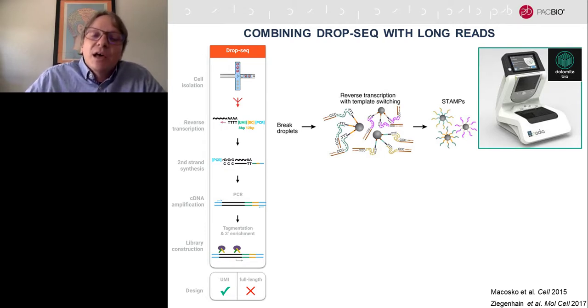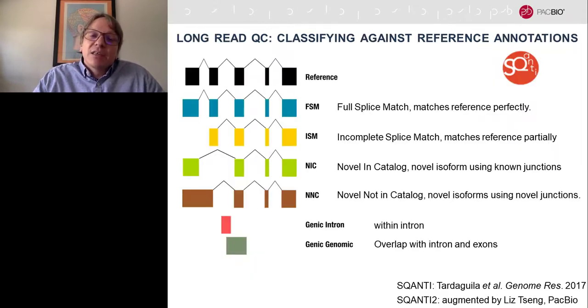And so we tried this using Dolomite's product, the NADIA. And so this may look like a panini press, but it's actually a single cell instrument that does Drop-seq. And so at first we had the Dolomite folks make us some libraries and we took a look at these. And so when we did that, we could see, sorry, let me back up and say that we wanted to